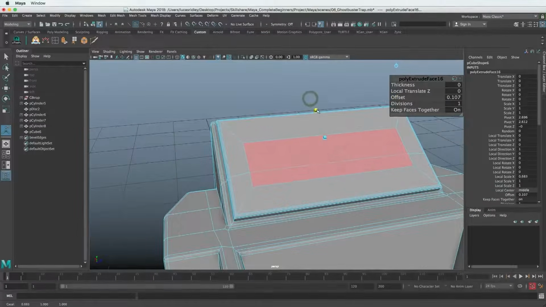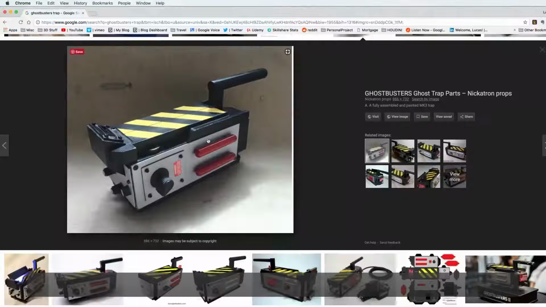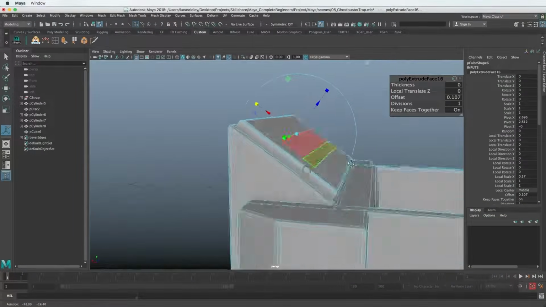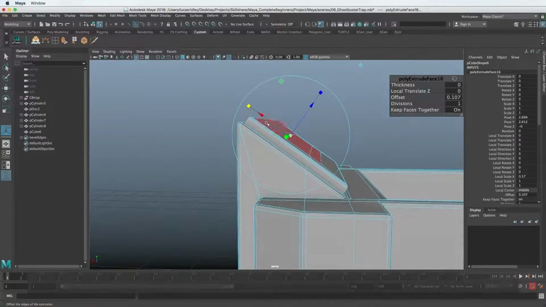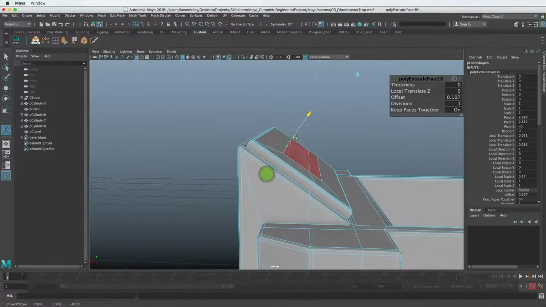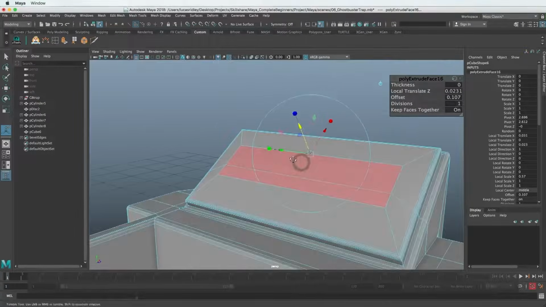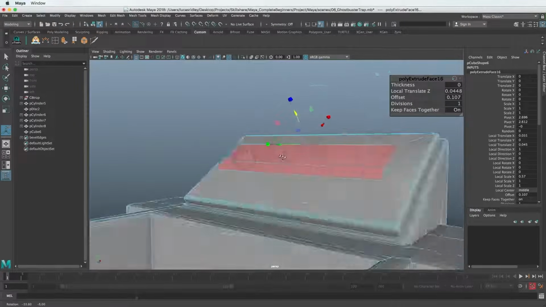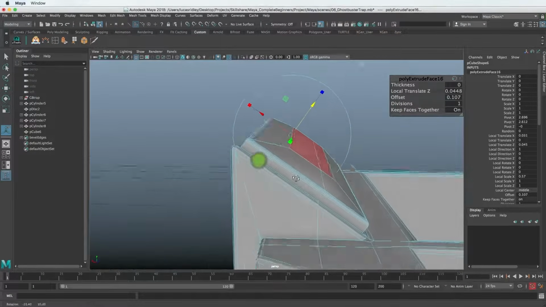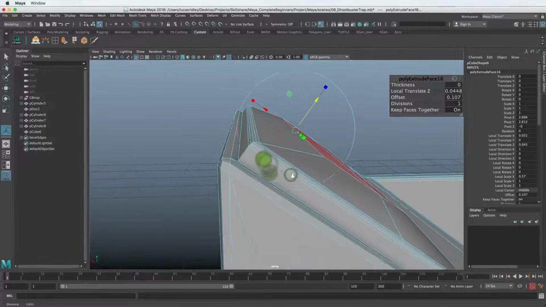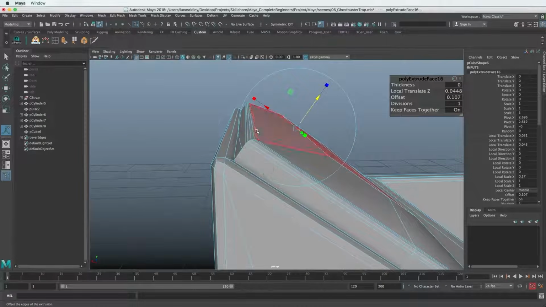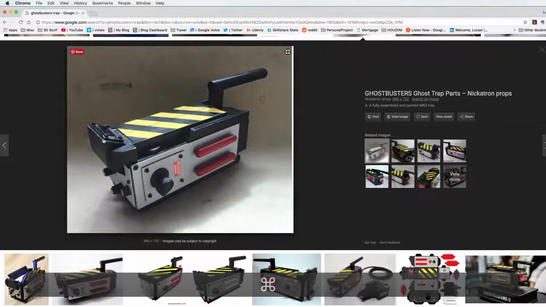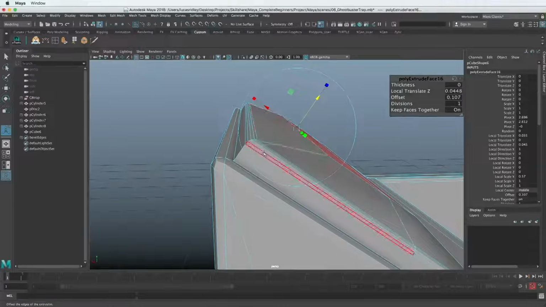It looks like it's kind of thinner. So I'm going to scale it in this direction. But so that it's still in the center, I need to drag it up a little bit. So I'm going to pull this out just a touch because that looks like what's happening in the reference. So it makes our bevel a little wonky because it's trying to get flat at the top here. And we can just delete those top edges so that it's more gradual.